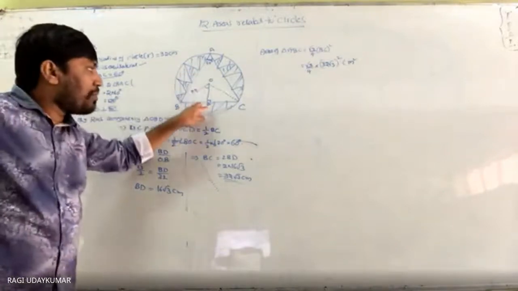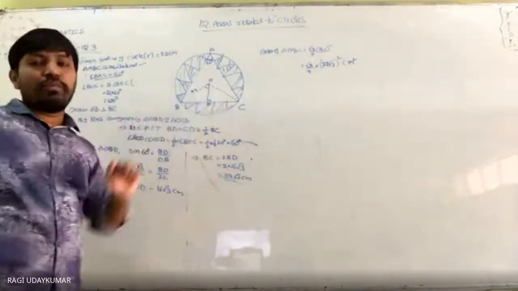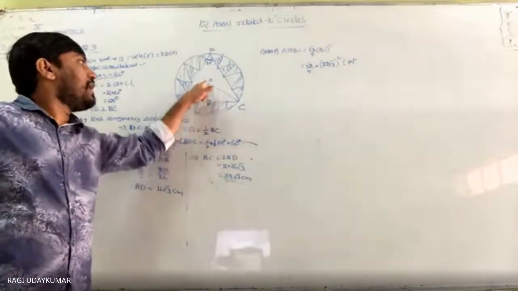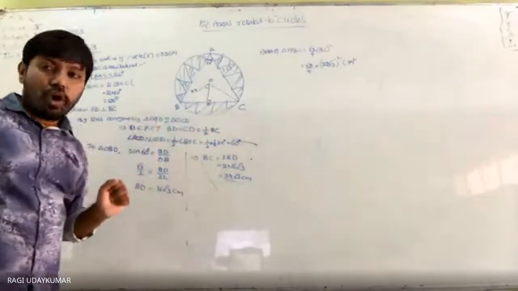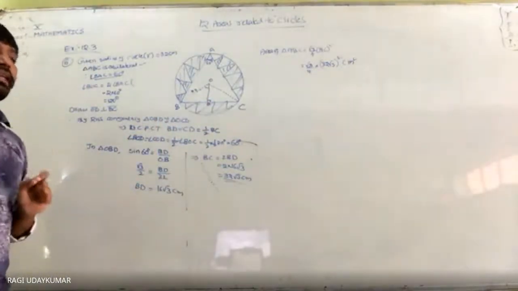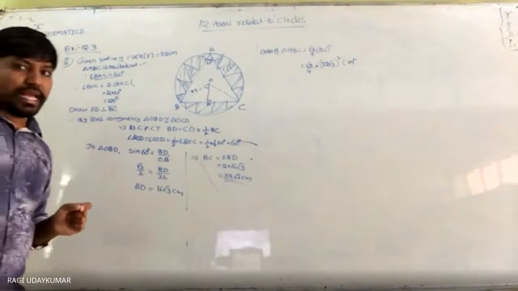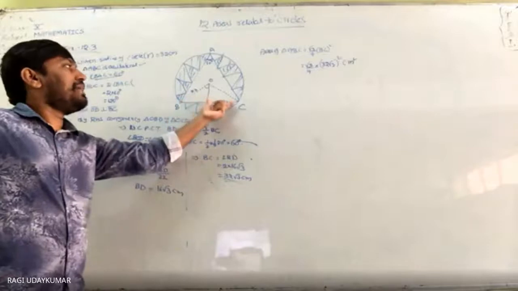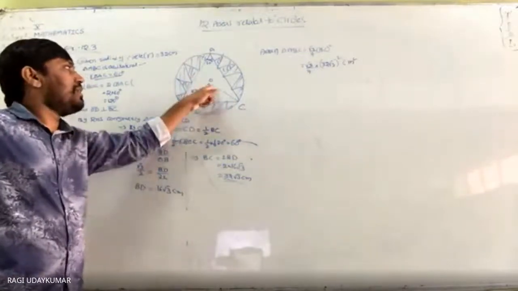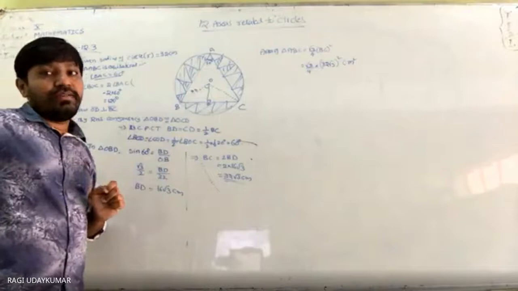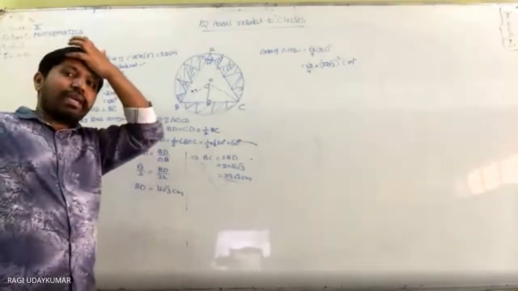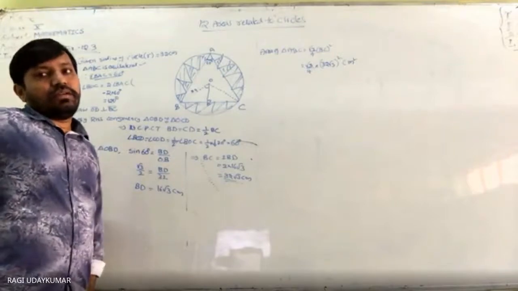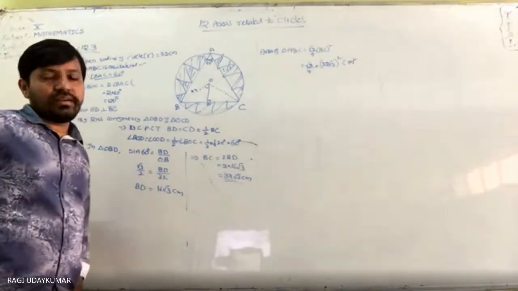From the O, I have drawn a perpendicular to the BC. When you draw the perpendicular, the two triangles OBD and OCD become congruent triangles. Why? We need the congruency of the triangles here, because the BD part and CD part will be equal, and these two angles are equal. We need to get a right angle triangle. If you get a right angle triangle, then it is an easy task to find out here. Okay? Did you understand here?